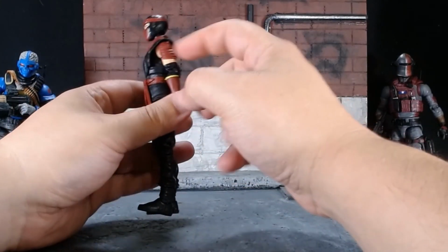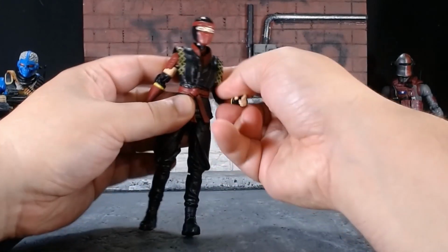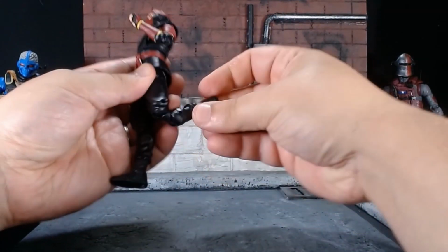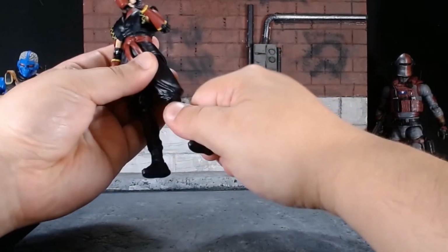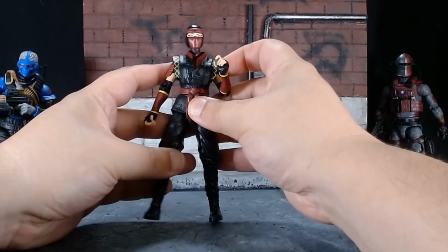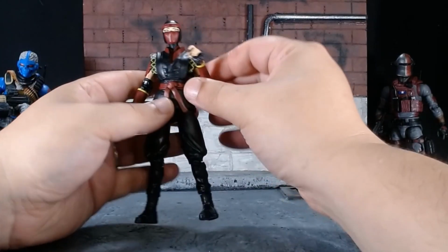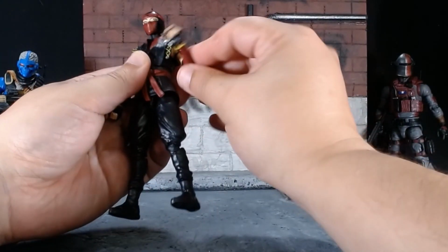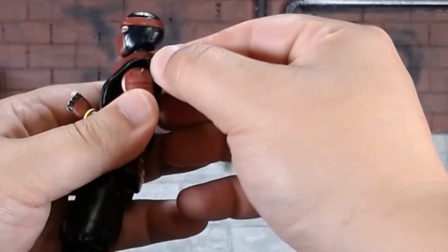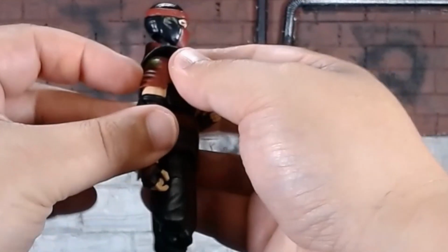The arms, though, are new. They are double jointed, and they are very smooth. Actually, I just want to point out the knee joints here, very well toleranced. Very nice. But we got the double jointed elbows here, which is great. She has pauldrons on her shoulders, spiked here,